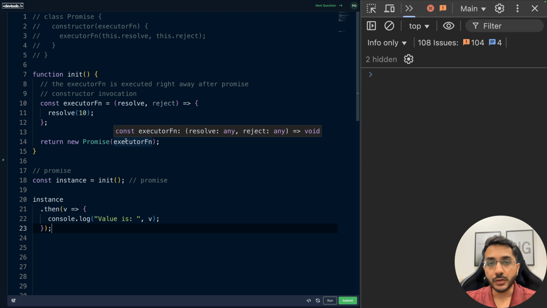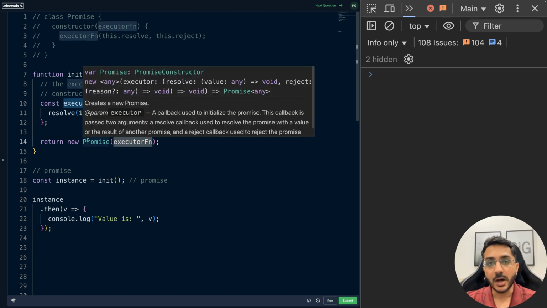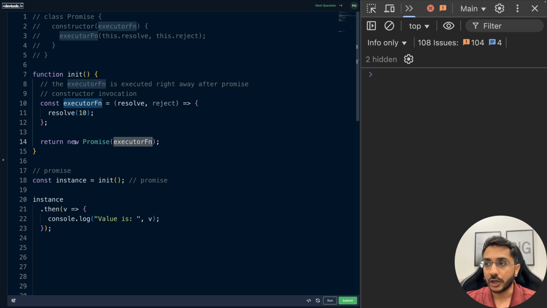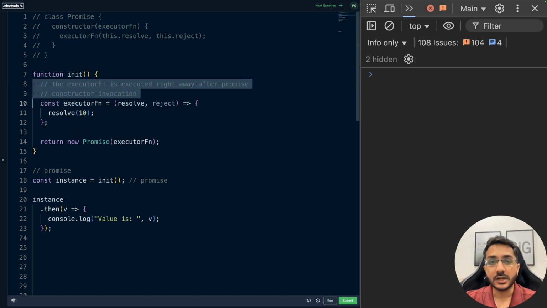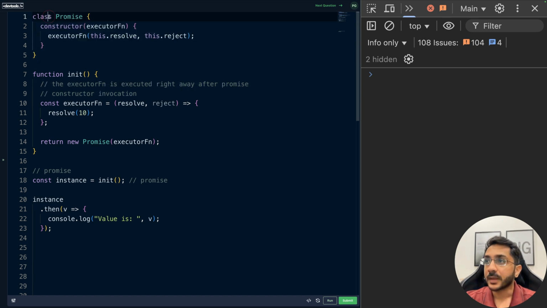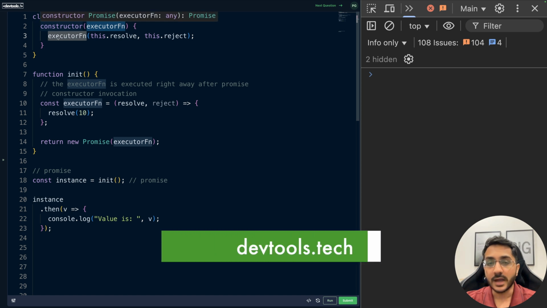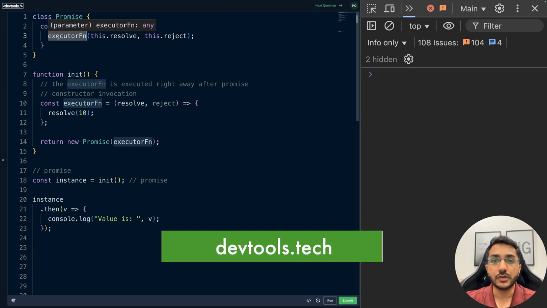Now the first point to understand here, which is mentioned here also, is that this executor function that we pass to the constructor of promise, when invoked with new, is executed right away after the promise constructor invocation. That means, let's say this is our promise class, and inside it we have a constructor which receives the executor function which we are passing here. Now this executor function is executed right away as, let's say, the first thing to do